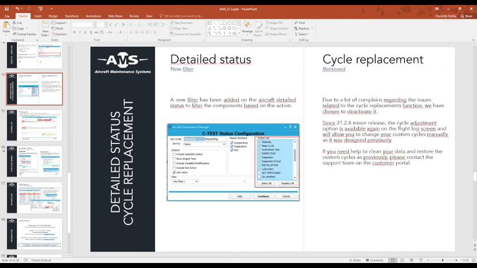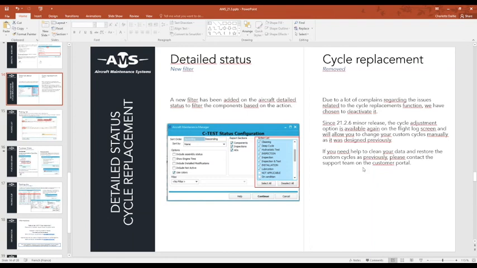And yes, we noticed that this feature, which was a good idea at first, has created a lot of new issues after that. So we decided to just remove it,